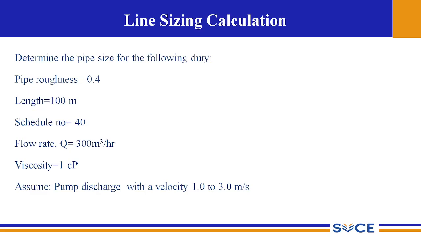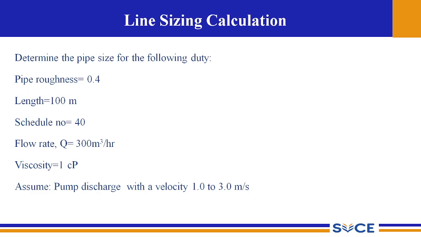pipeline is 100 meters. If you consider a schedule 40 pipe, that value is given to look for the thickness, and the viscosity of the flowing fluid is 1 centipoise. You need to assume a pump discharge with a velocity of 1 to 3 meter per second. So if you require to calculate the pipe size for this operation, first you need to fix the velocity. That is, you need to assume a velocity as given in the problem within the range of 1 to 3